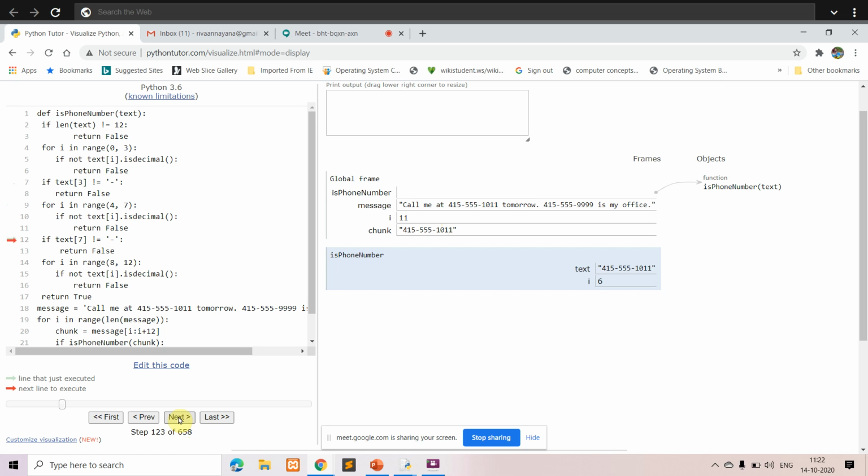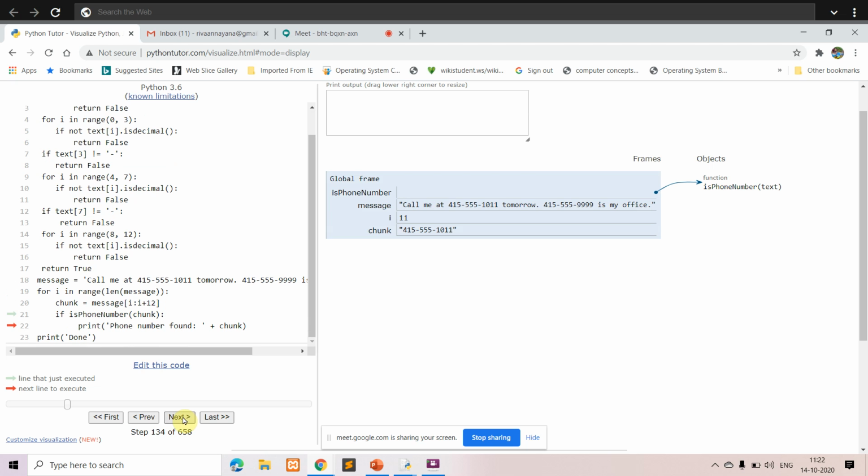Again you're going to the next part, that is 4 digits. So the range is told like this, 8 to 12. First you have 1, again next you have 0, next you have 1, again 1. All these are decimals, so each decimal is going to return true value. So once you're done with everything, return true will be returned. Okay. So now you have got the first phone number. Okay. So the phone number is found.